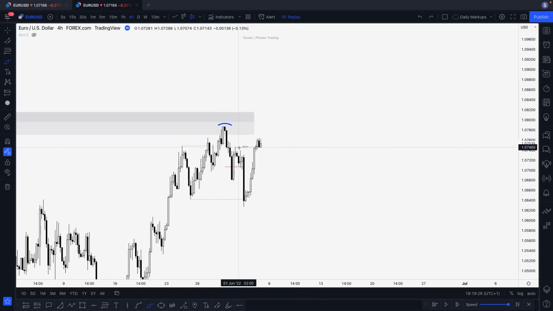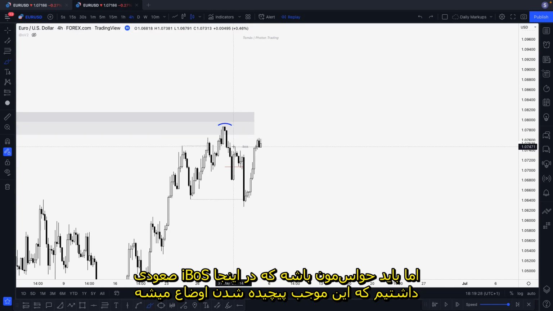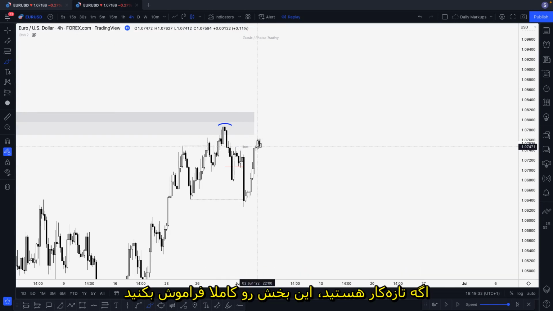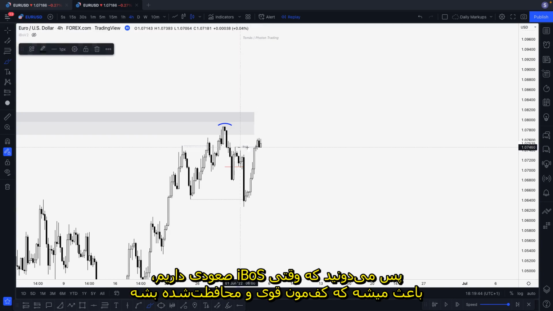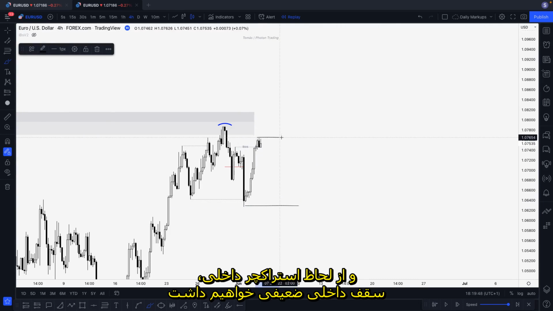However, we also need to pay attention to this internal bullish break, and this is a little bit more complex, but I think it can help you. If you are new, forget this part. If you are not, and you already went through the advanced technical analysis content, you understand that after this internal bullish break, we create this internal protected strong low and this internal weak targeted internal high.